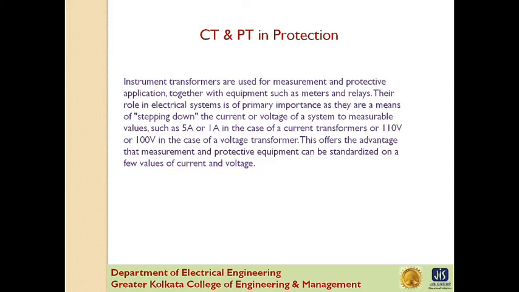So instrument transformers scale the large values of voltage or current to small standardized values that are easy to handle for measuring instruments and protective relays. The instrument transformer isolates measurement or protection circuit from the high voltage of the primary system. A current transformer provides a secondary current that is accurately proportional to the current flowing in its primary. The current transformer presents a negligible load to the primary circuit.